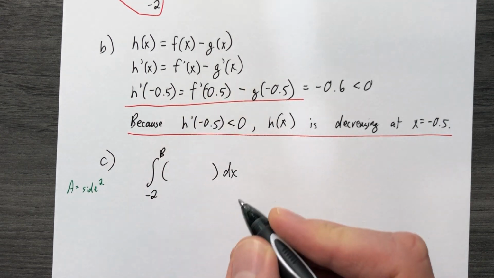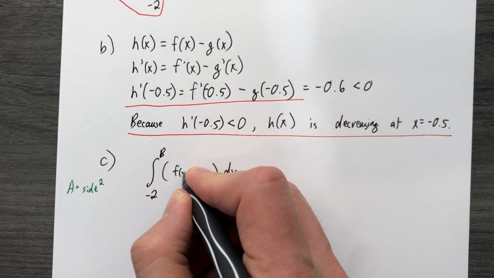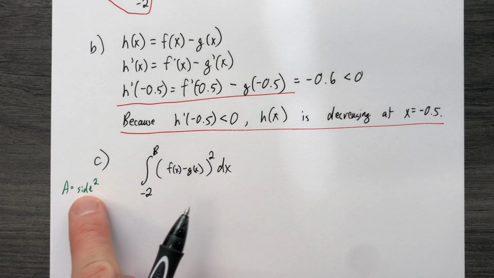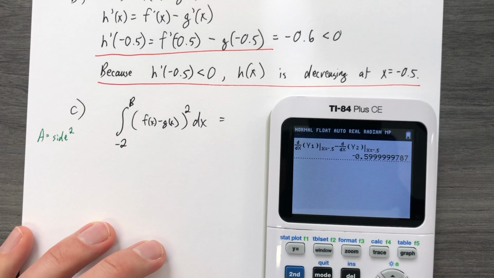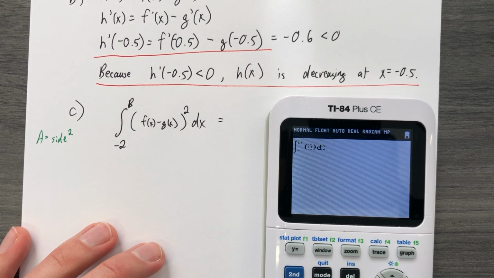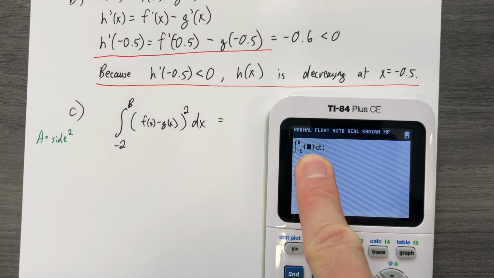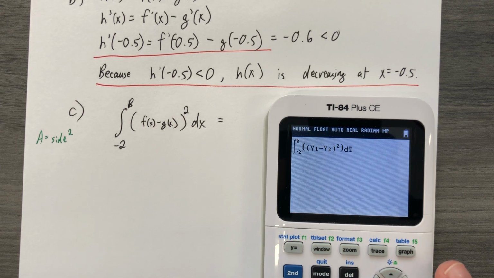So from -2 to b of the length of the side. The length of the side is f minus g. F of x minus g of x, you could just put f minus g, and that whole thing is squared. We'll type that in carefully because we can get a little bit off with our parentheses if we're not careful. So math 9 from -2 to b, which of course is stored in our calculator. I'm not going to be able to put a square outside the automatic parentheses, so let's start new parentheses. So y1 minus y2, close those, square that, dx, final answer,